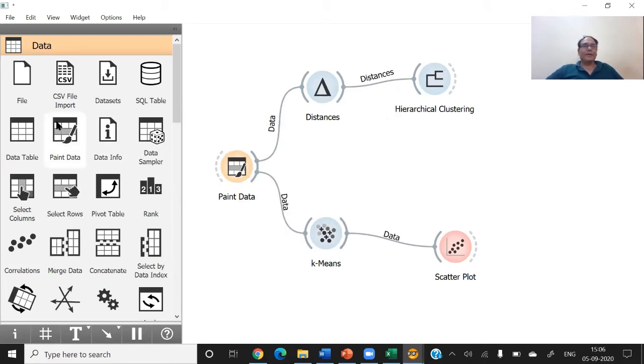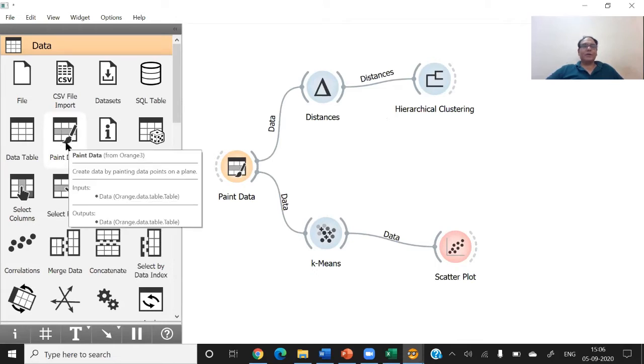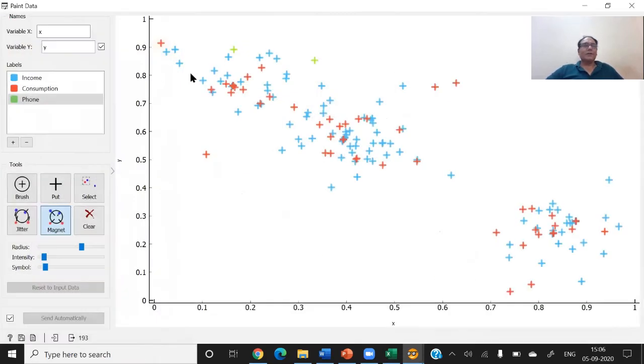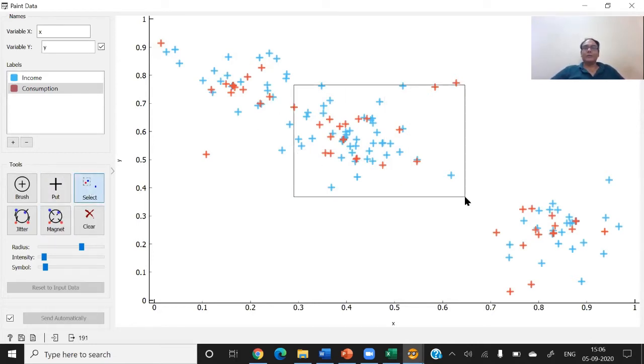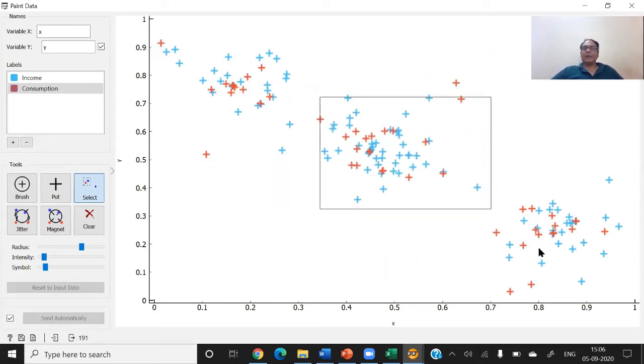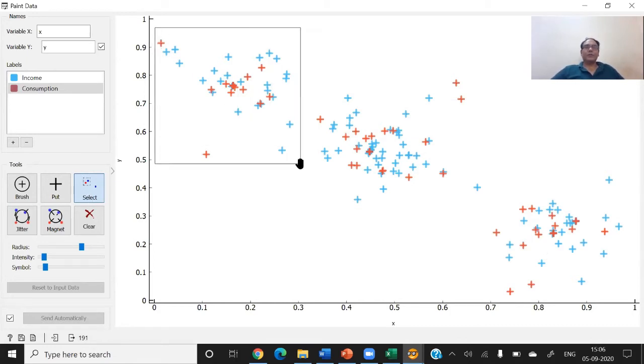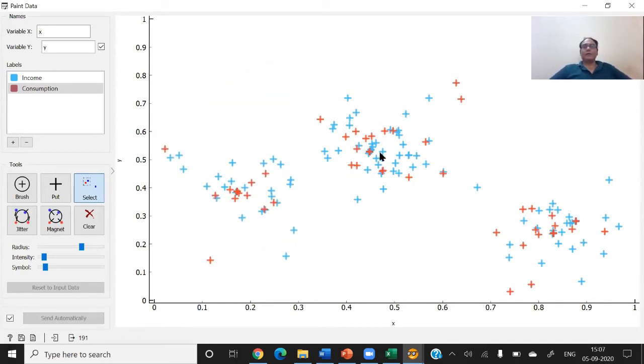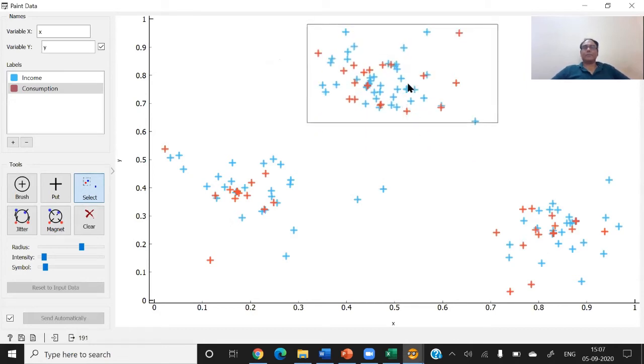And the paint data icon is this. So in this icon, we are having different facilities. Let me delete this. And we can paint with the help of, okay, if you want to select, you can also do selection. So you can move the selection like this. And the selection option is quite popular here. So you just select the data and can move like this. So this option we are also having. If you want to clear it, it will be clear.